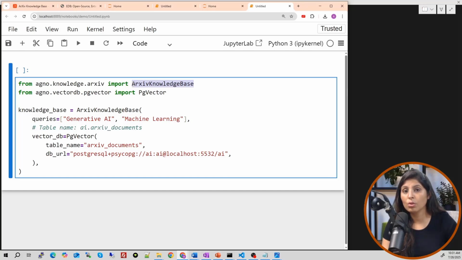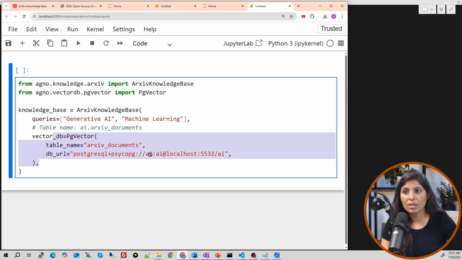Because we want to get the new, updated papers from the arXiv website, and we want to store them in a PostgreSQL database. Embeddings should be stored in it, and for that we need this PG Vector plugin. And then this is how we use it. Here we have mentioned that we need papers related to these two keywords, and once it fetches the data from arXiv, we will store that data over here.